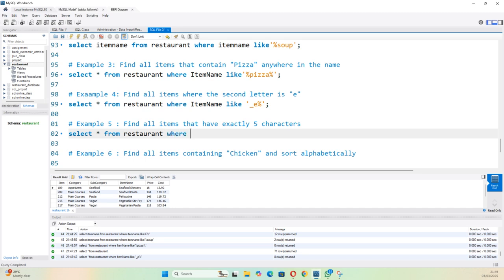Where the item name like underscore. And then run it from it. No, underscore. I've put underscore. How many? Like five. Five underscore, then close it. Five underscore. And then is it